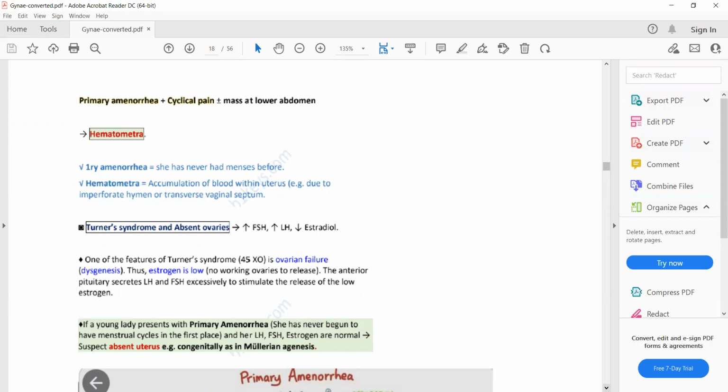Now, in Turner syndrome, remember that whenever there's a problem with the ovaries, estradiol or estrogen will be low. Remember this point. Whenever there is a problem with the ovaries, estradiol or estrogen will be low, and FSH and LH will be high. So in Turner syndrome, as there is ovarian dysgenesis or ovarian failure due to one missing X chromosome,